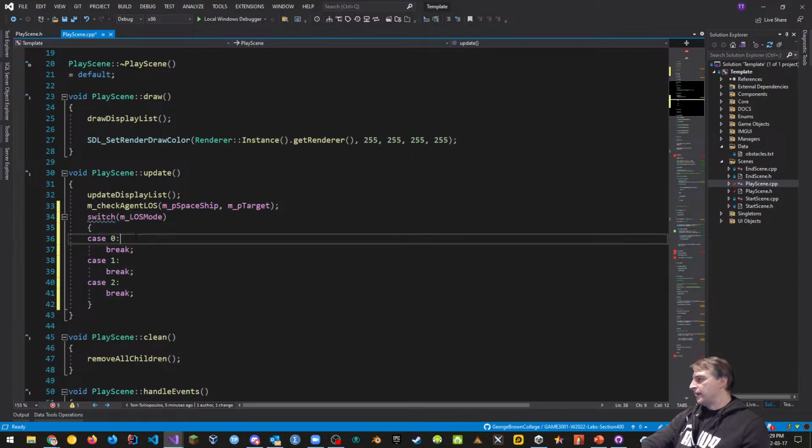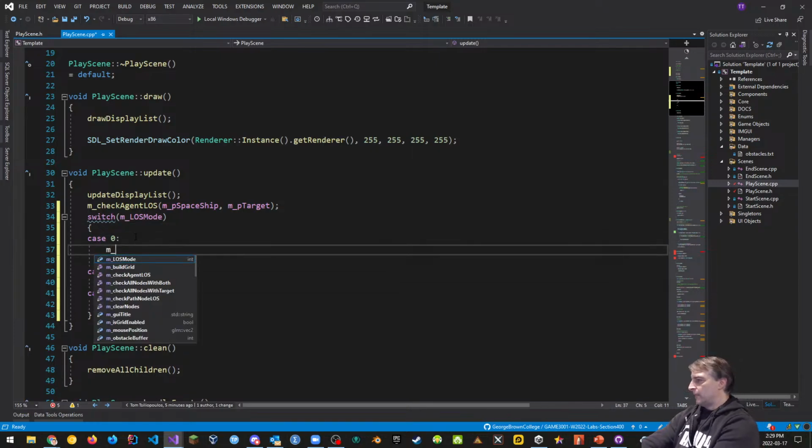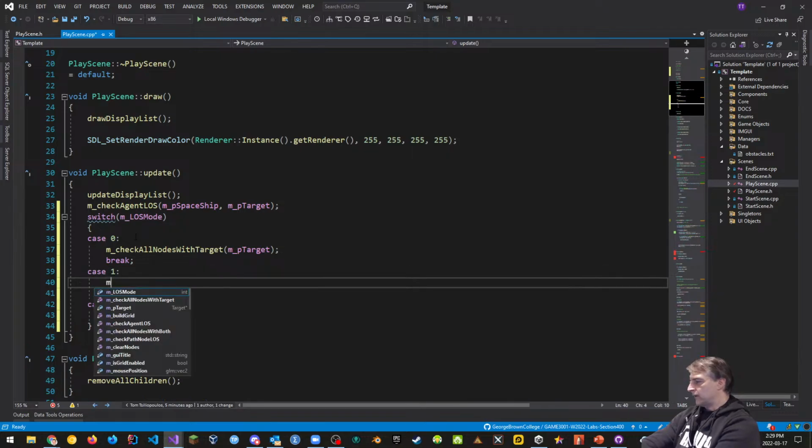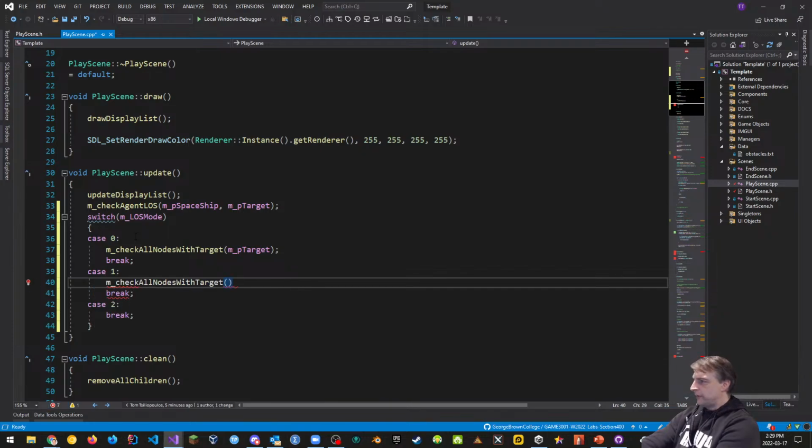So case 0, that is m_check_all_nodes_with the target. We have to pass in the target object, m_p_target. And then case 1 is going to be m_check_all_nodes_with another target, which is going to be m_p_spaceship.